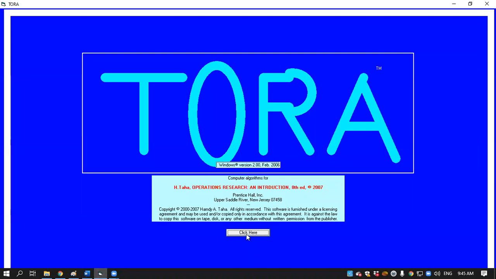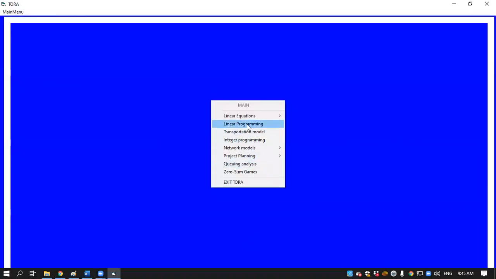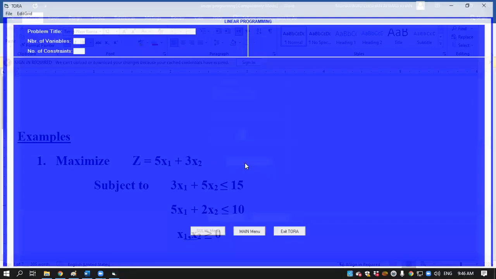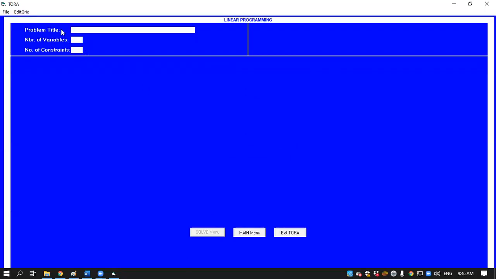I'm just clicking here where it is written, click here. And now I'll be going for linear programming, because we are learning the linear programming model. That's why I'm not detailing all the other problems. I'll explain them when time comes, but right now I am doing linear programming. I'm clicking linear programming, and going to the input screen where I have to put the basic information. Here it requires the problem title, and we can give any kind of title. Let's say I'm